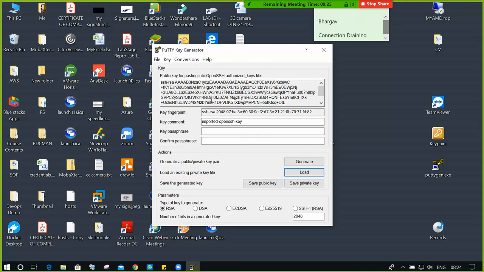With this key, we need to extract the password with a private key. With this keypair file, after you import it into PuTTYgen, the PuTTY key generator, we extract the password with the private key option. There is an option called save private key. Just click on this and click yes.